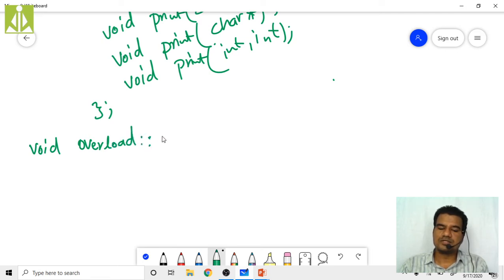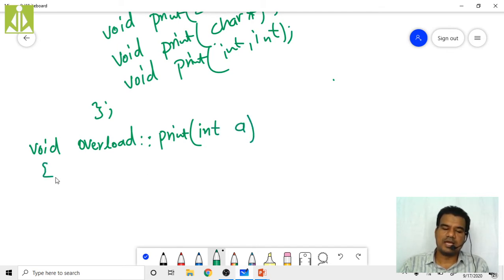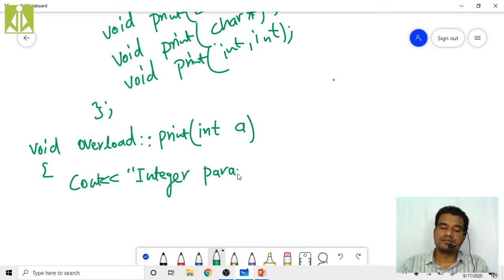Overload, scope resolution, then print is my function name, and it takes only one parameter. I am taking it into a temporary variable a. Inside it, I am printing a simple statement, integer parameter, and that integer parameter is nothing but your a.